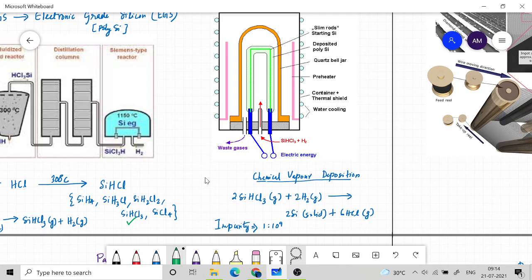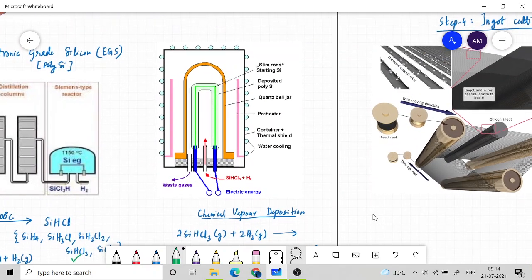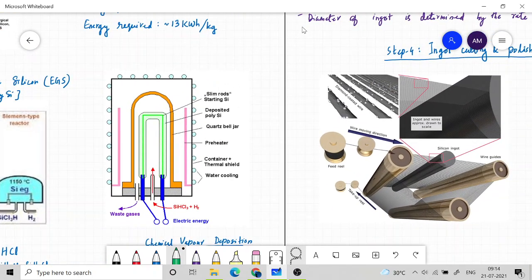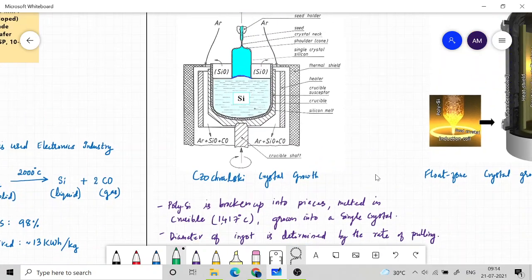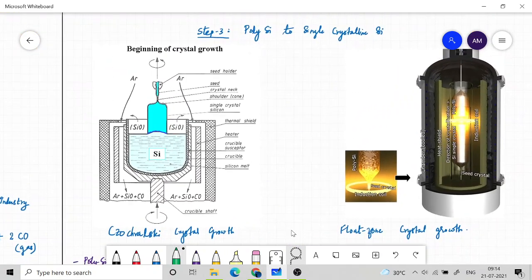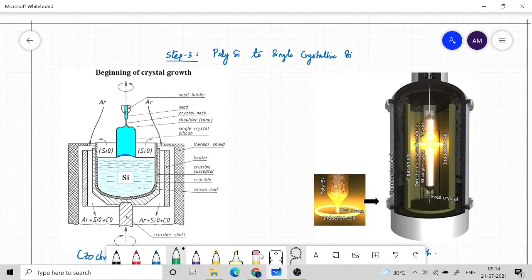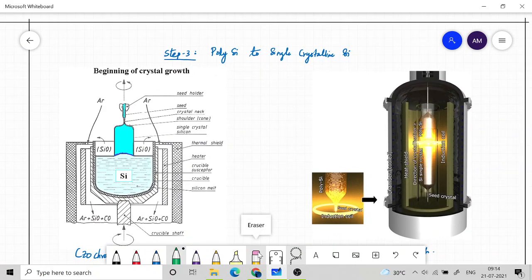Impurity is something that we should avoid in the wafer. So that is the next step. Now after this, as I said, this is a polycrystalline material, and polycrystalline material, though it is very pure, is not a single crystal. So that is a problem. We achieved a higher purity, but what is lacking in it is that it is not entirely a single crystal.